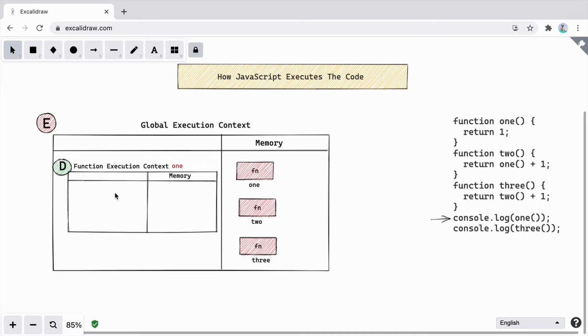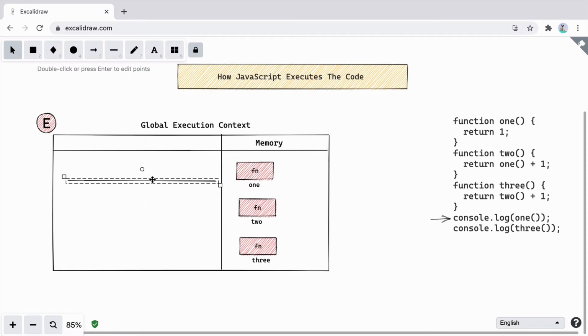And as soon as it is executed, it is going to return 1 from here. Because we are calling the function console log here, in the console we'll see the value 1. As soon as that happens, the execution context will be deleted. So I'll go ahead and delete this part of the code from here. Then we'll move on to the next line.